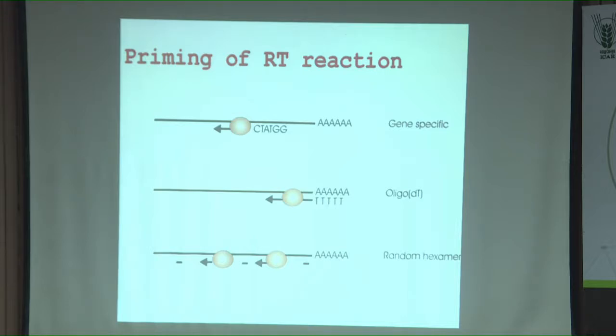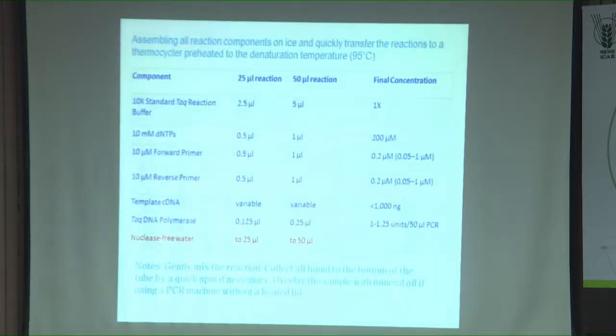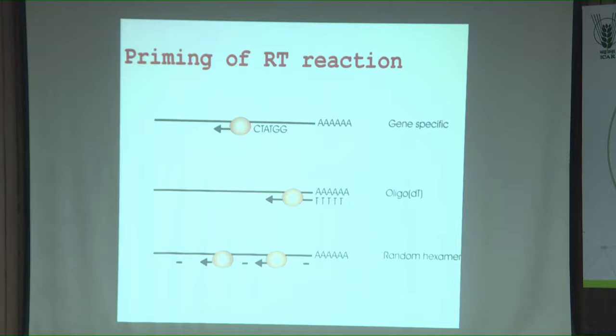While deciding on the primers, you have few options. One can use a gene specific primer. Suppose you know the sequence of the gene, you are trying to analyze the expression of that particular gene. So, since you know the sequence of the gene, you can always derive a gene specific primer, right. So, one can use gene specific primer. Alternatively, if the gene sequence is not known or if the purpose of the experiment is to convert all the mRNAs into their corresponding cDNAs,